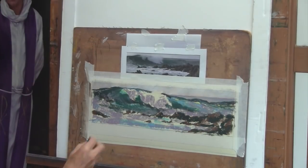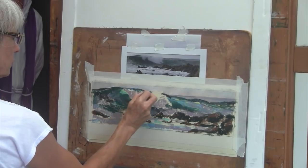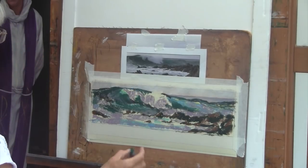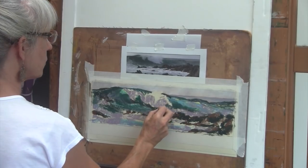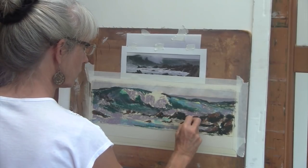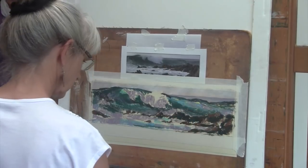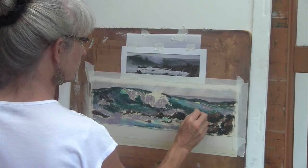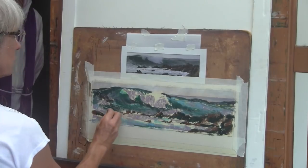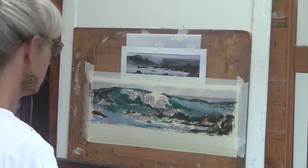I'm still mucking around in the, still quite dark, so still mucking around in the dark. We've got this back of the foam. I'm going to actually open it up a bit more at the back there, just for interest's sake. Some of this can be then dragged into the rock as well, over into this area. And I'd like to see some of the cerulean blue through that as well. Okay, now